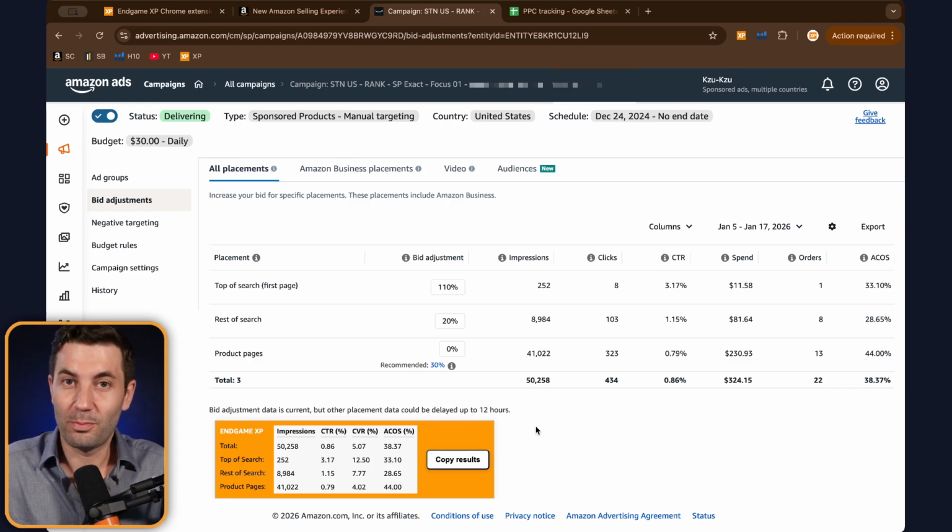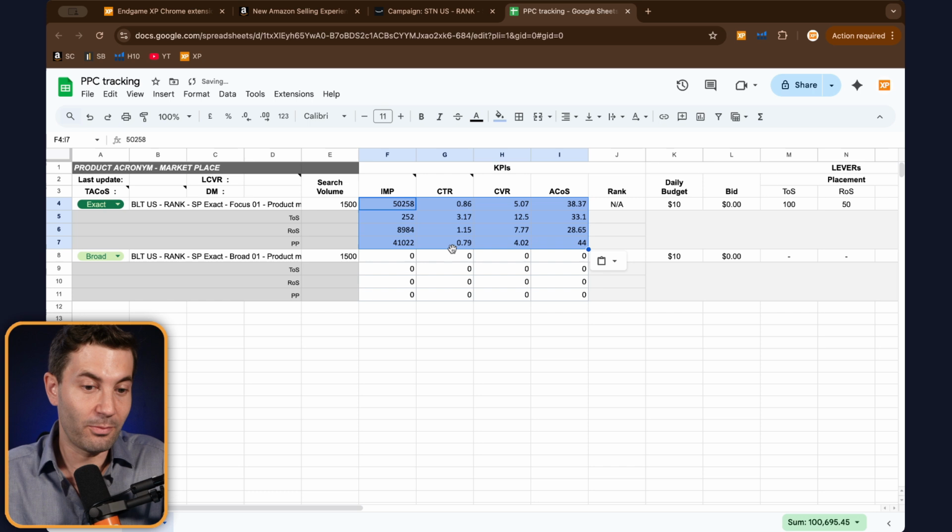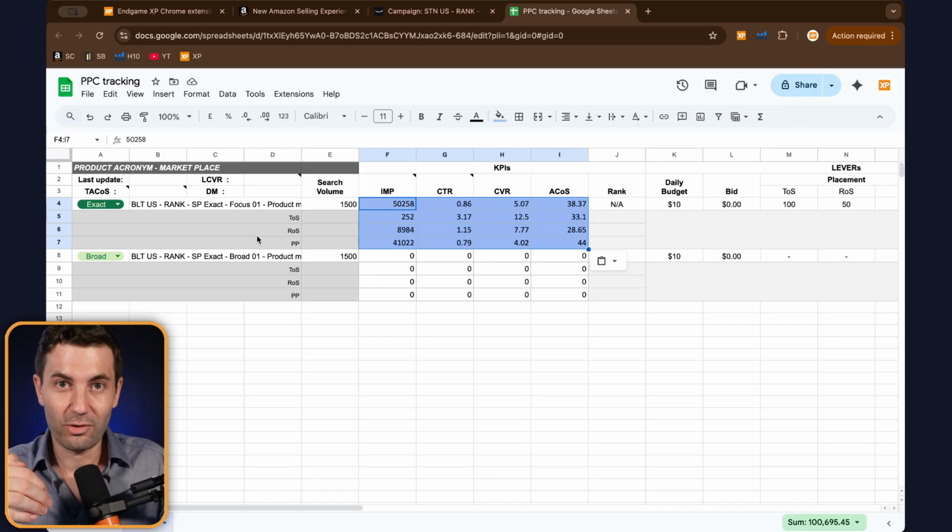Once you've copied the performance metrics for this campaign, you can go ahead and paste it, for example, in a Google Sheet where you're tracking the performances of all of your campaigns. For example, I have a tracking sheet that looks like this, and every week I'm filling it up with all of the performances, impressions, CTR, CVR, and ACoS for each of my campaigns on each of my products in each